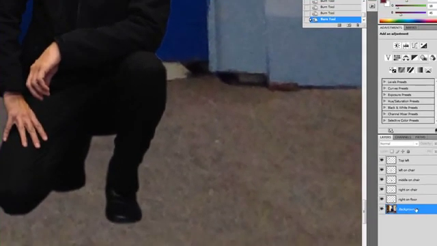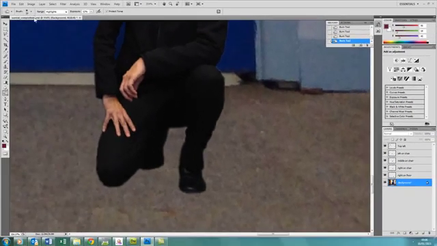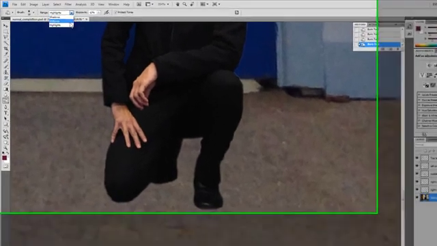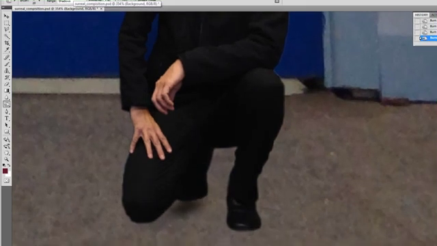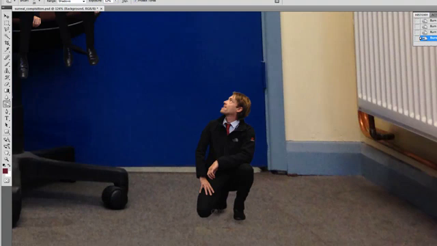Now, if you find any issues with doing any of the burn, you can change it to midtones as well, and it could come out a little bit stronger. You could change it to shadows, and it's darker again. So you want to play around with that and add basically a nice shadow just underneath. And what I would suggest is that you look at where you've got